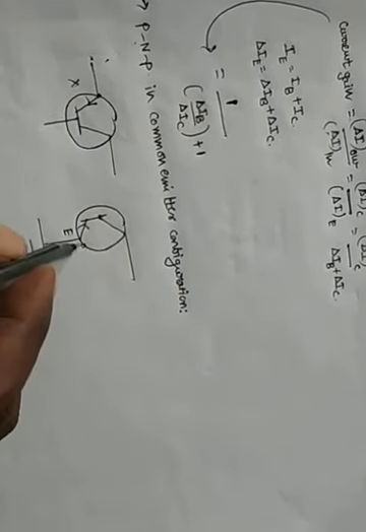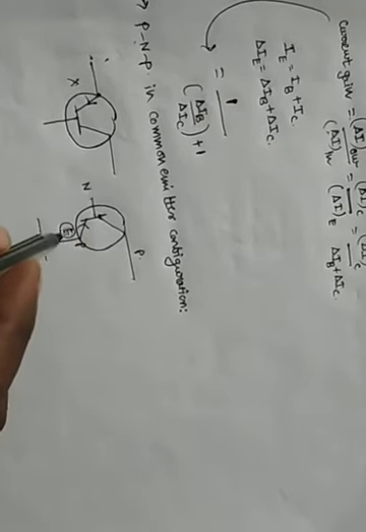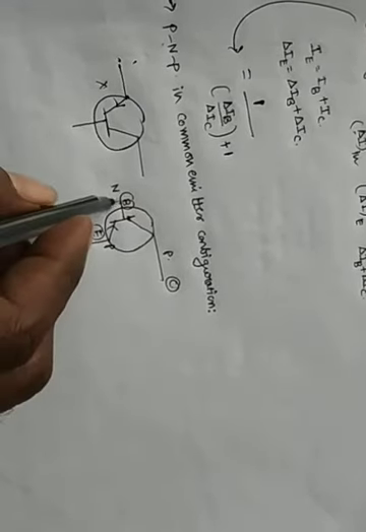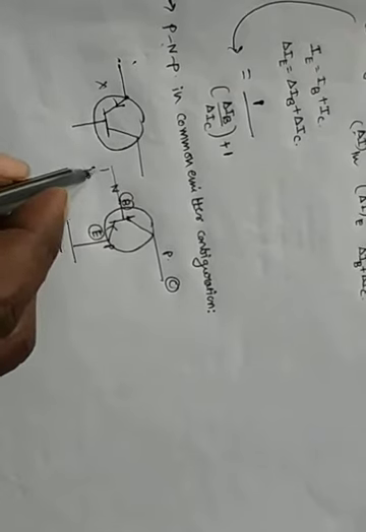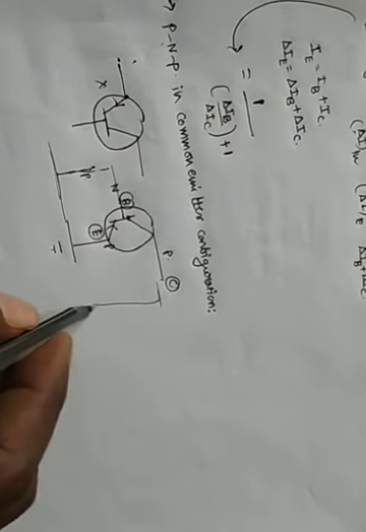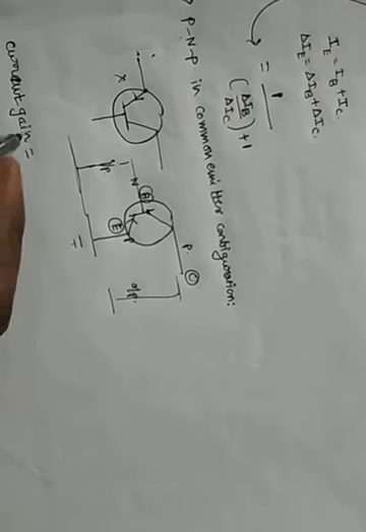Now this is earthed. This is the emitter, or not? PNP. This is emitter, this is the base, this is the collector. So here what is the input? The input is base. The output is collector. Now in common emitter configuration, the current gain is represented by